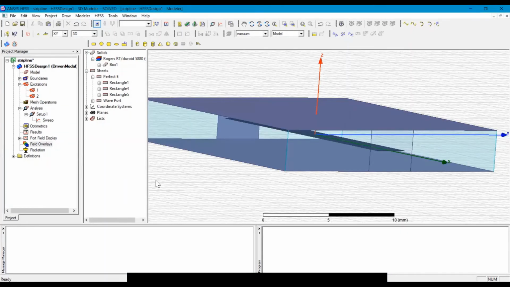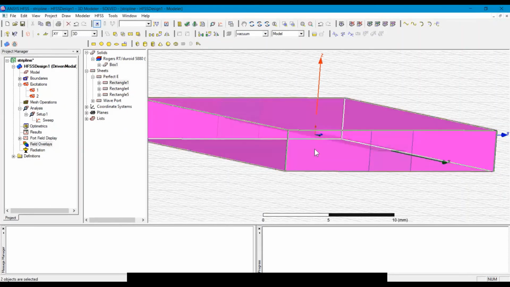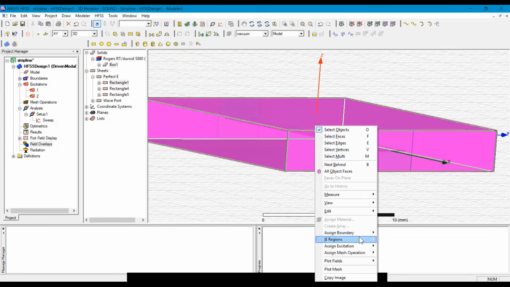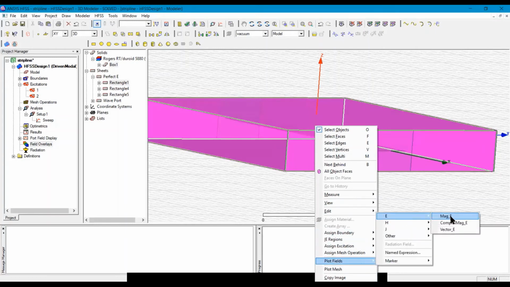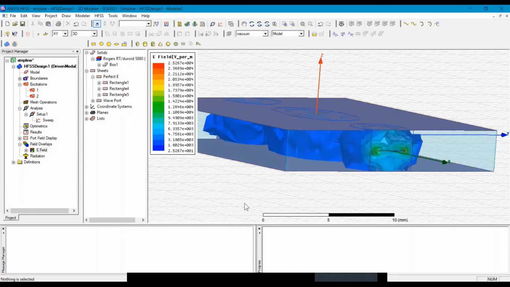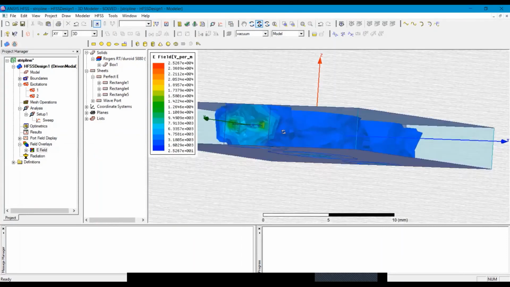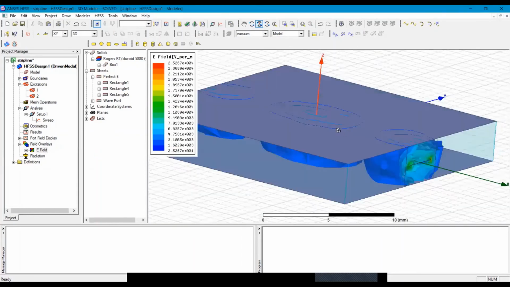After completing the simulation, we will see the electric field and magnetic field. So we will select the strip line and the substrate and then right click and then plot field, electric field. First I am seeing the magnitude of electric field for all over the box. Now here you can see that all the electric field is confined in between the two ground planes.